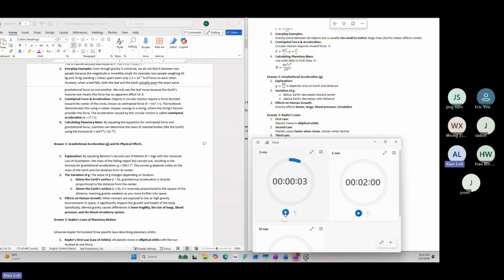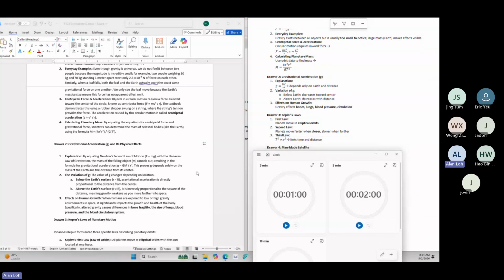Okay, time's up. That is drawer 2. All right. Let me guess how you are feeling now. You are feeling that there are certain formulas that you do not fully understand now, and maybe also certain relationships like this one. Maybe you do not fully understand as of now. But that is fine. Like I say, you are still in level 3.